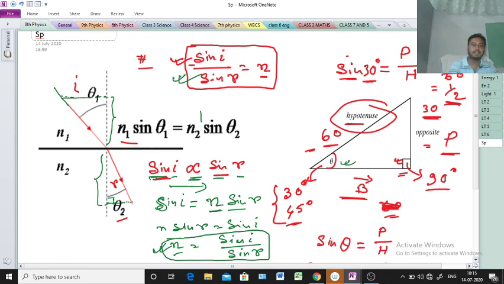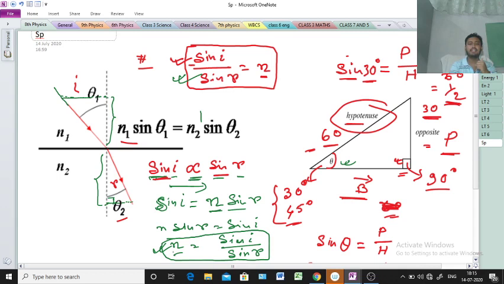Here is a little bit different concept, n sin theta 1 equal to n sin theta 2, but my opinion is এই কনসেপ্টটা তোমাদের নেওয়ার দরকার নেই. Don't take this concept because that is a little bit deep concept, deep understanding. Okay, so the basic form of refractive index is n equal to sin I by sin r.